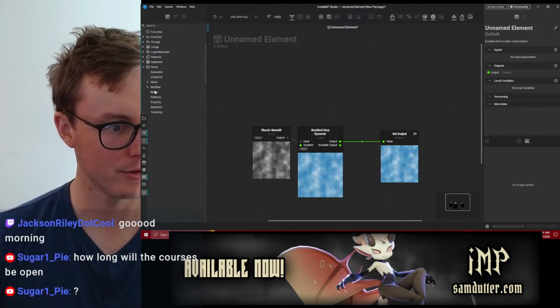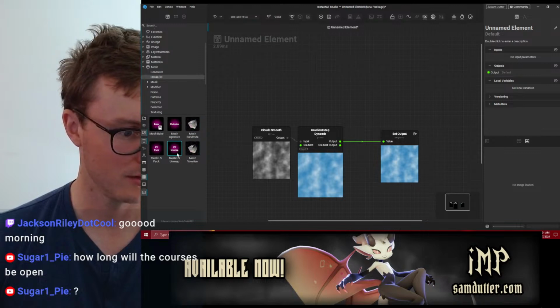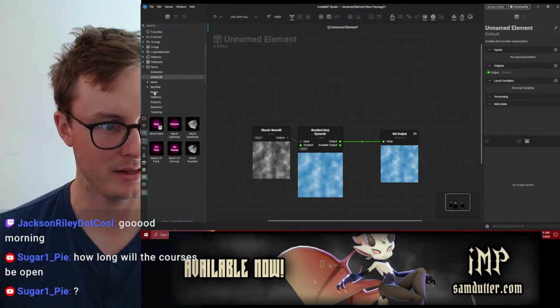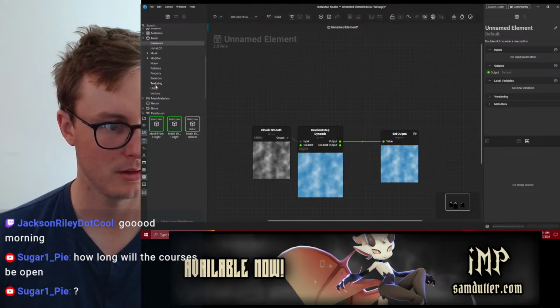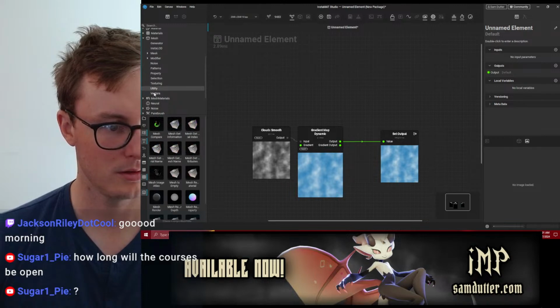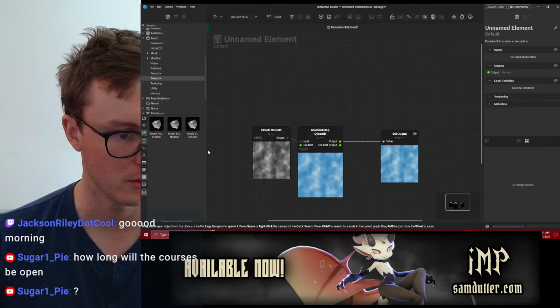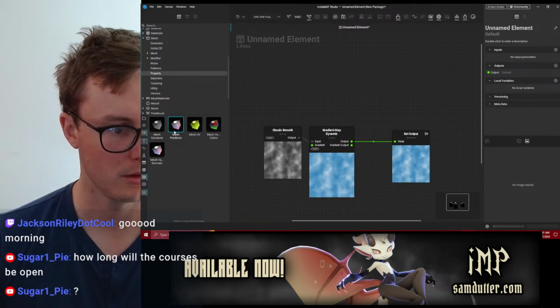So I can get a mesh. That's Instant LOD. Generator. Mesh from height. Pattern selection. Property.